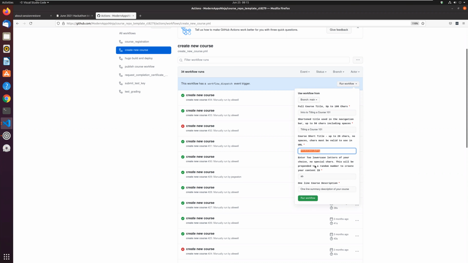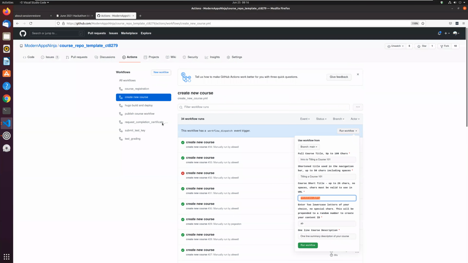It still gives them an identifier that may be meaningful to them, a course ID that is not some ridiculous esoteric string, but still has a wide namespace to create a very wide scope of possible course ID or content ID values. And then the course description. Redescribing the form takes a lot longer than actually creating the course. It takes 20 seconds to fill out these values. And I did that, and that's how I created the course.